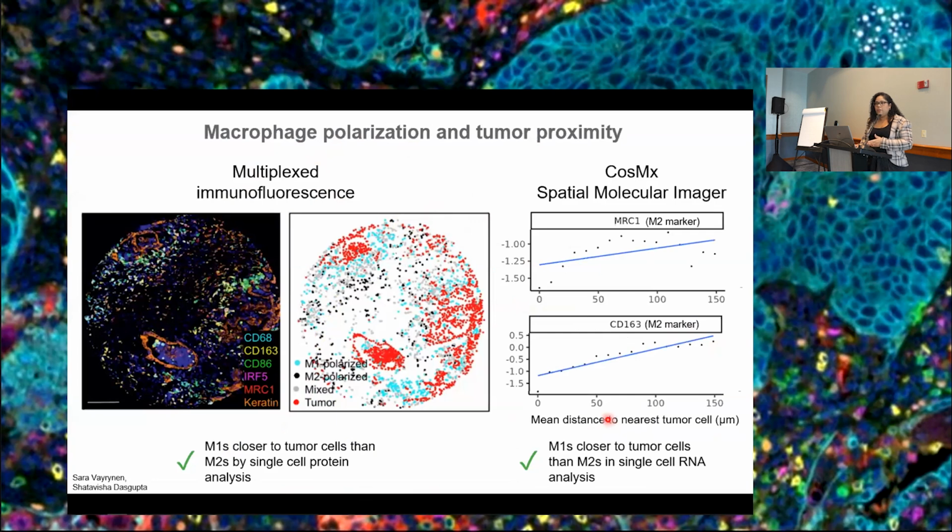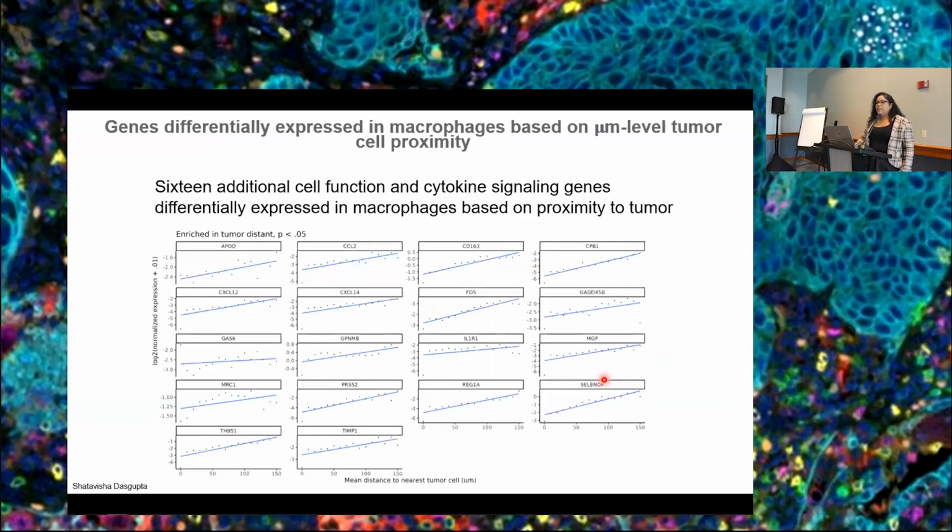So, and this was very reassuring because we see that the farther you go from the tumor, these markers increase. So showing that, yes, we were able to recapitulate what we saw in the protein-based space into the RNA space. Additionally, we also find another 16 other cell function and cytokine signaling genes that were differentially expressed in macrophages based on proximity of tumor. So with that, we are now helping to define the signaling that is behind that differentially located